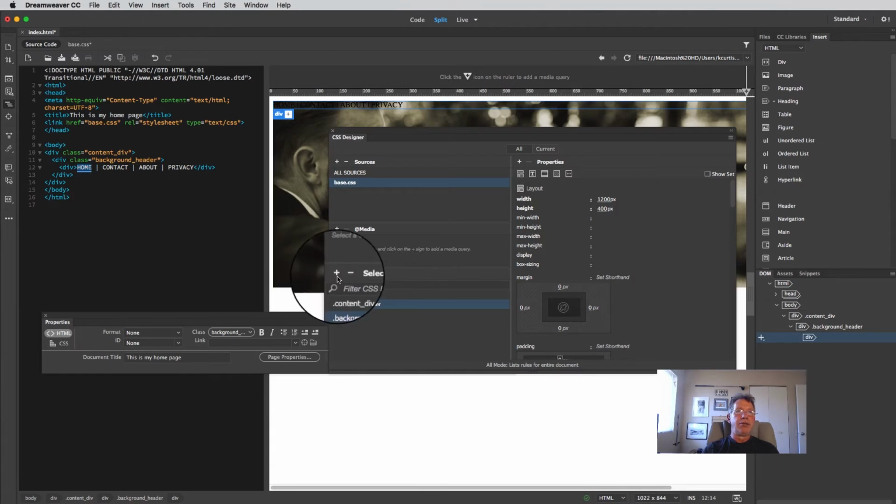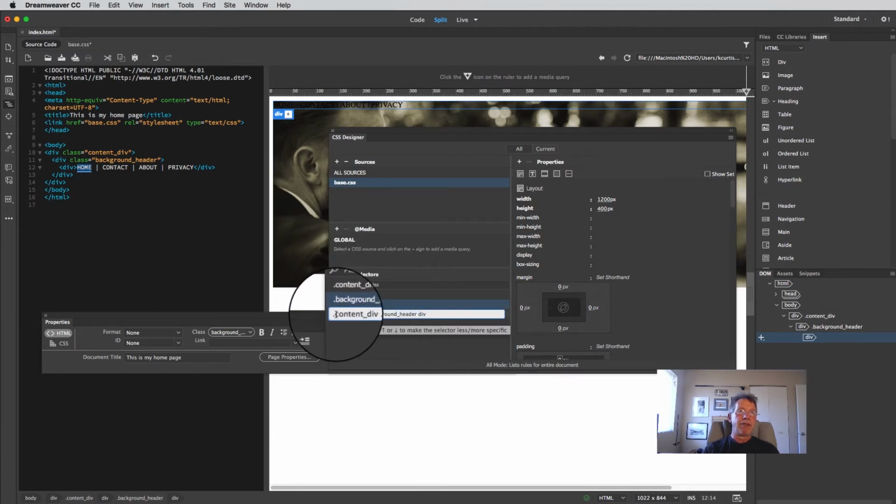I'm going to do a new selector, and remember you need that period in front. I'm going to delete what's there, and I'm going to put menu, let me get rid of the caps lock, menu bar, and I'll do underscore div just to let me know. I'll hit enter,